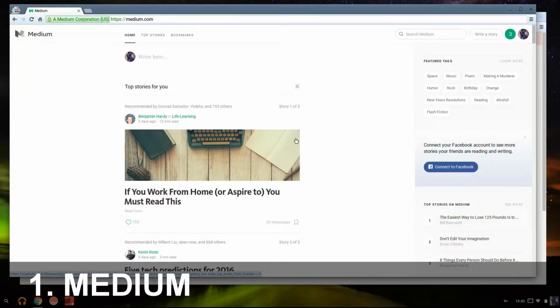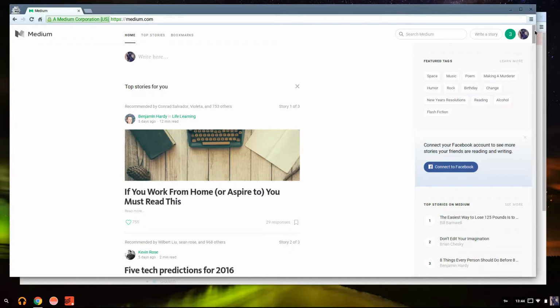The number 1 place I choose to run all of my blog content is Medium. And the reason behind this is that Medium is a fantastic place where people can almost discover each other. Obviously, when you're writing a native blog on your website, you are very static in the way that other people can find you. They will have to go directly to your site or find you from SEO or even on social. But with Medium, when you write a post, you have the ability to recommend or reply, additionally share out on social, and the virality becomes much more organic. And so that's the reason I'm using Medium.